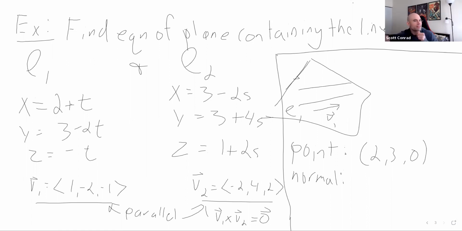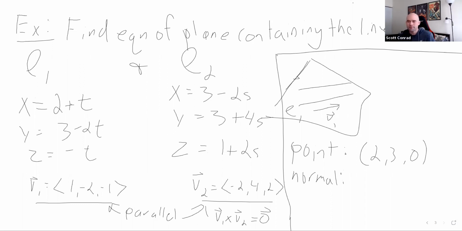So we have two lines. How can we take those two lines and get a vector parallel to our plane, a vector which lies in the plane? No. So dot product is going to give us a scalar. So think about points on